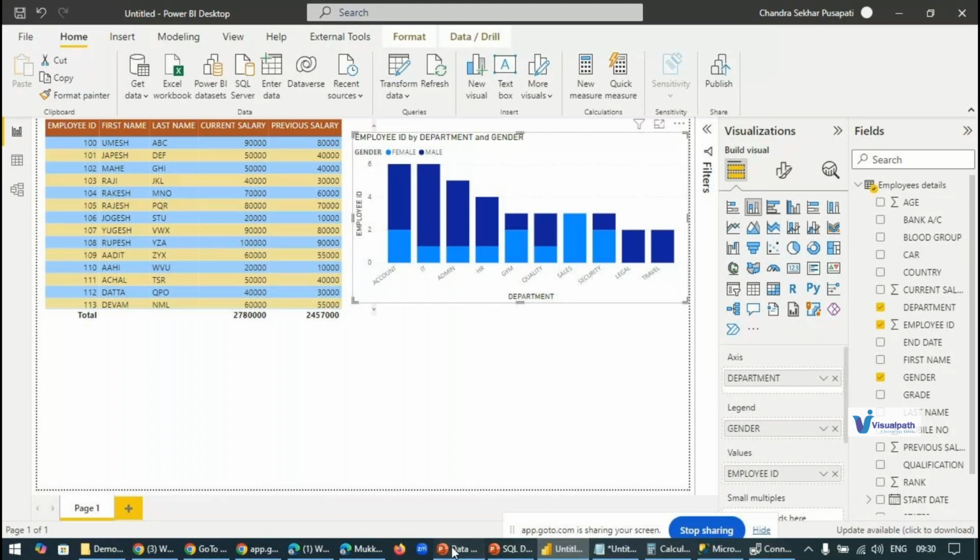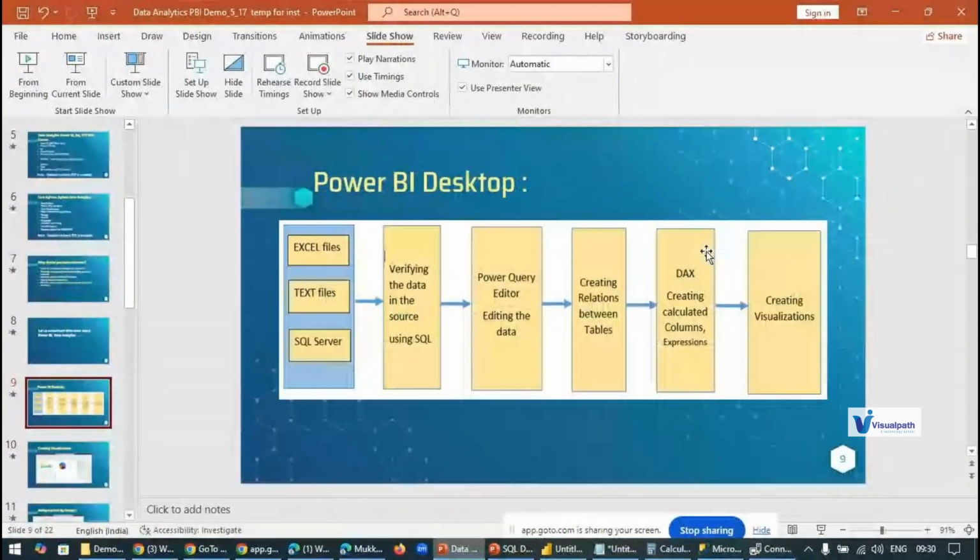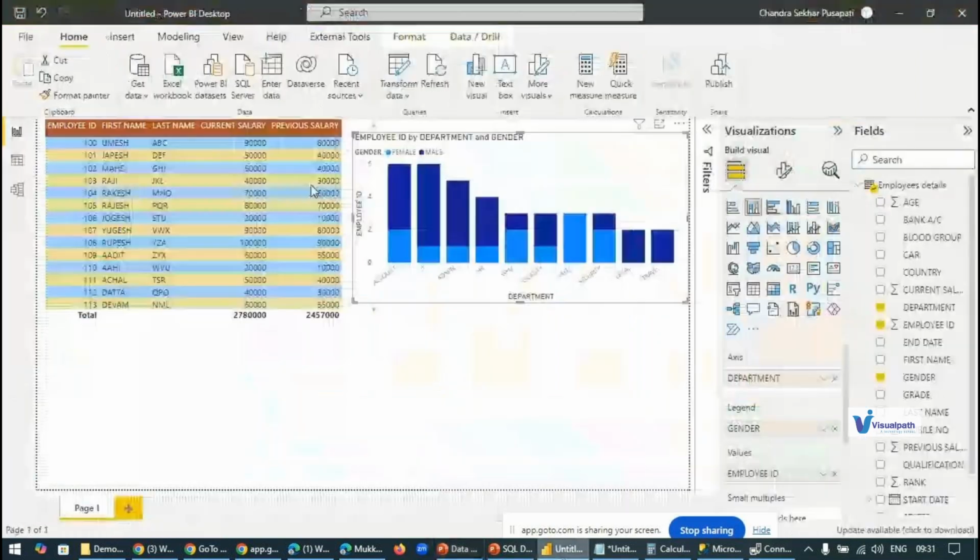But as I told in this slide, your displaying part is the least work. The main work in a Power BI project will be calculating required values for your project. As per your requirements, you have to calculate all the necessary values. After calculating, the calculated values you have to show in the report, not the basic data.